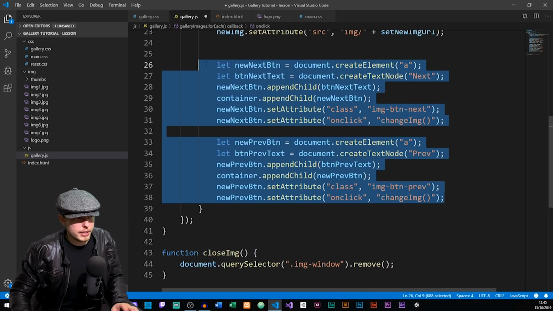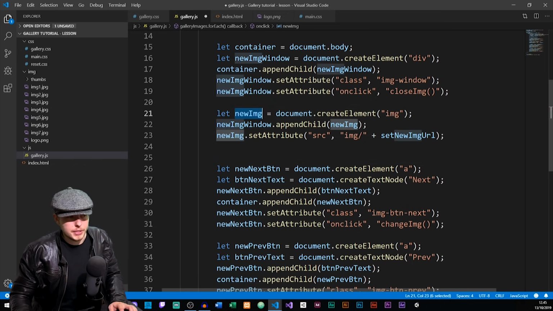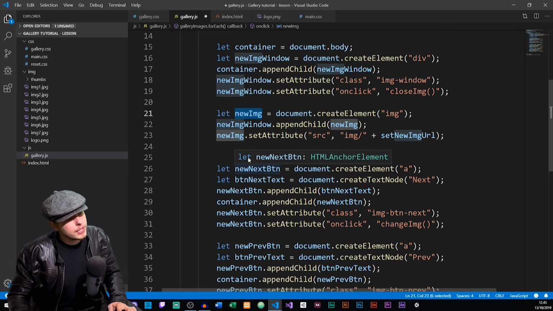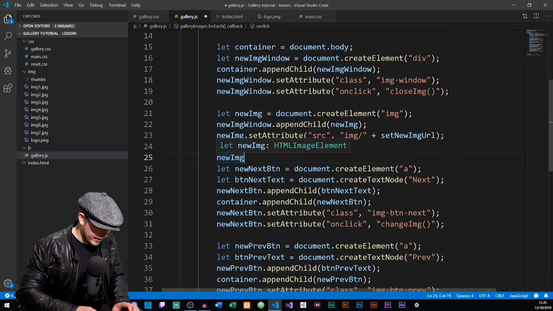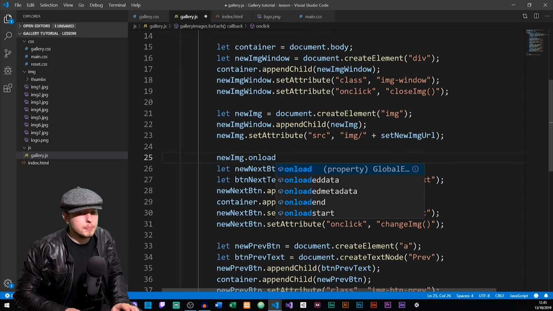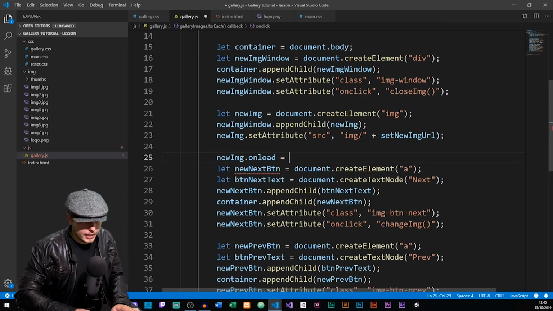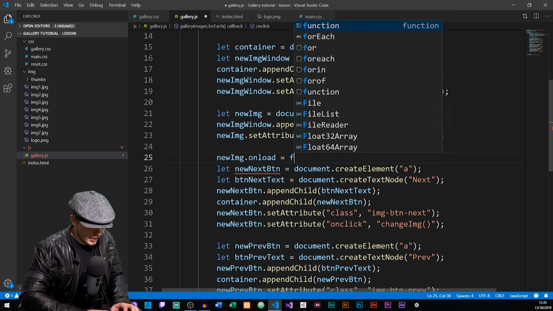Or this block right here. So what I'm going to do is I'm going to say, well, we have this image up here that we created and pasted in a little bit previously inside the code. I want to take that image and I want to check whether or not this image has been loaded by using an onload event. So I'm going to say onload equal to, and then I'm going to say I want to equal a function,